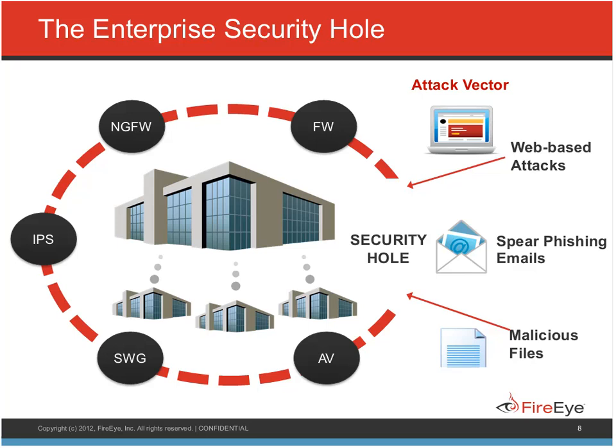That's how they think Stuxnet happened and was able to infect those utilities and critical infrastructure over in Iran. So they're using web-based attacks, and they're using spear phishing emails to deliver those malicious URLs,